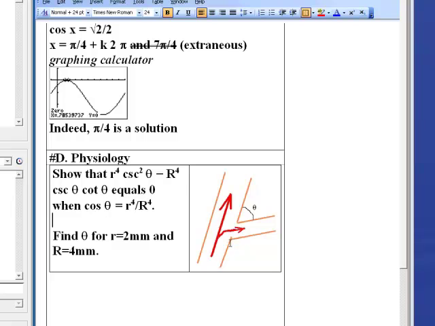So you have the blood flow through here, and then you have a branch here, and the angle here depends on the radius of the artery as well as the radius of the branch in order to minimize the energy loss. What we're supposed to show is that this expression is 0, so that this expression here